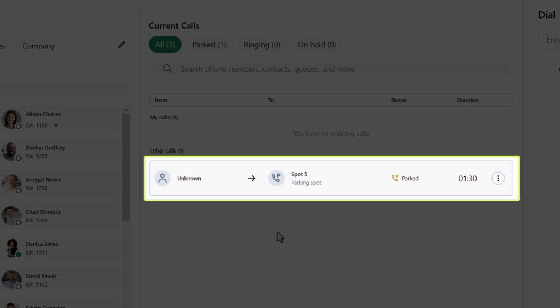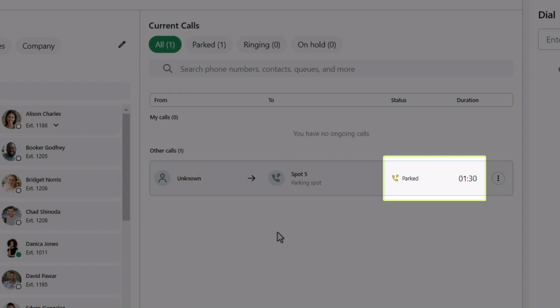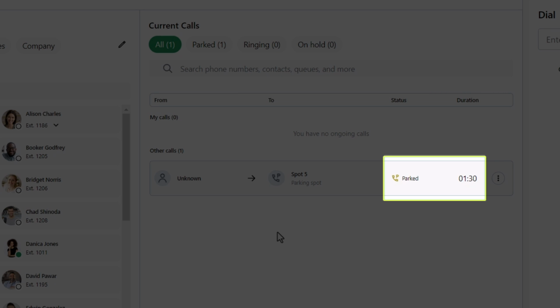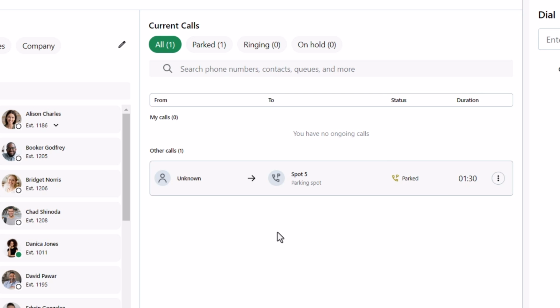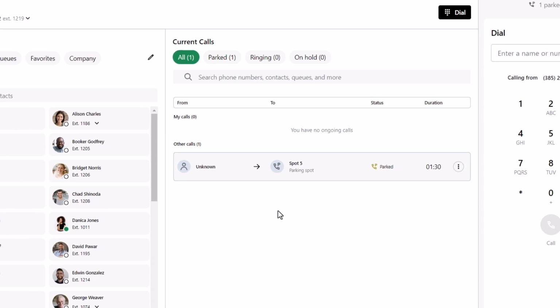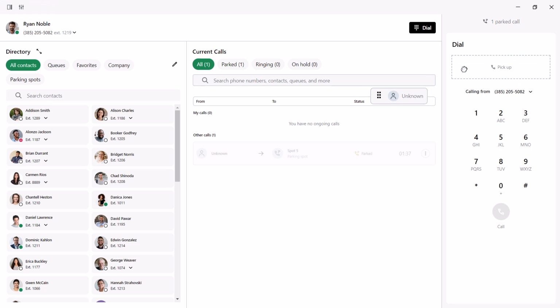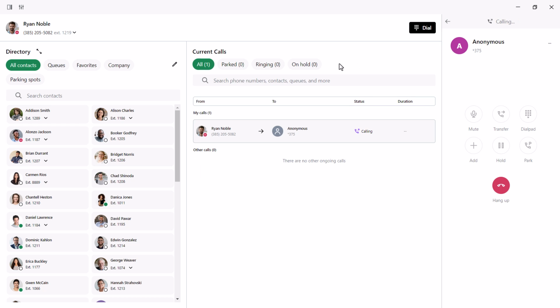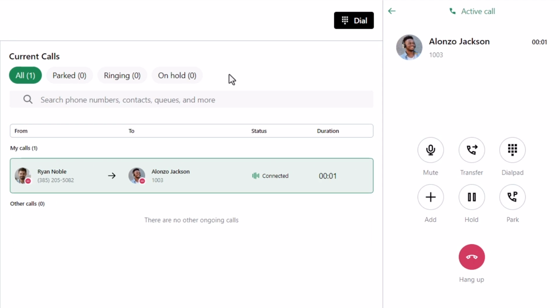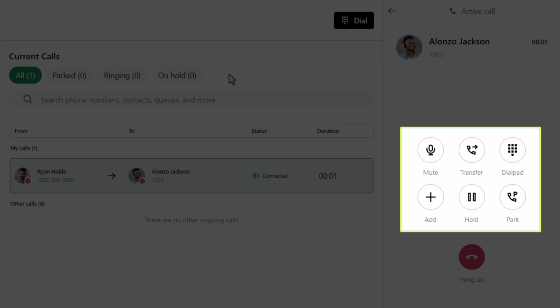Now, let's talk about the park call. We can also see how long they have been waiting. I will take that call, and I can follow the two options before, either clicking the intercept button or dragging the call to my dial pad. Now that I've taken the call, I have different options. In addition to talking to them myself, I could place them on hold, park them again, or transfer them to another person.